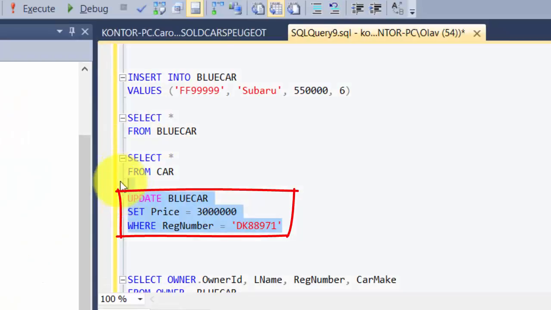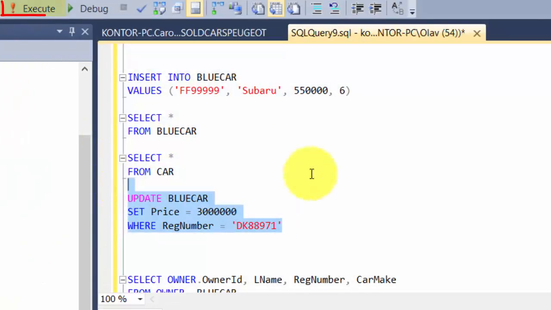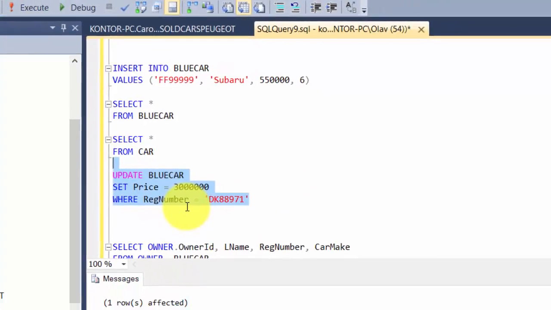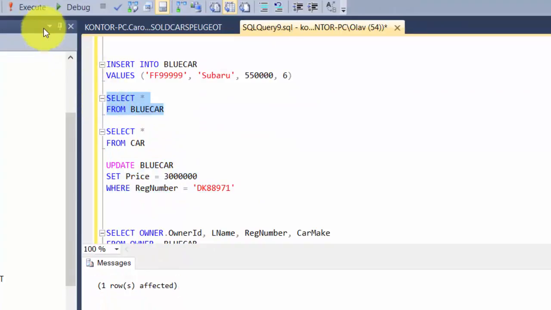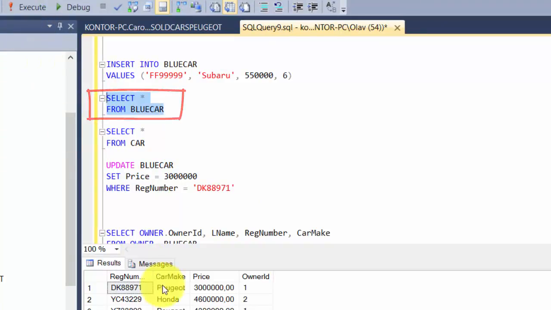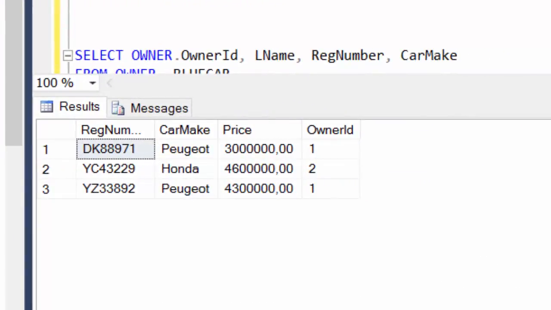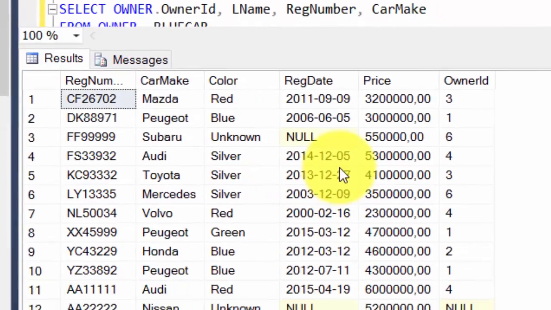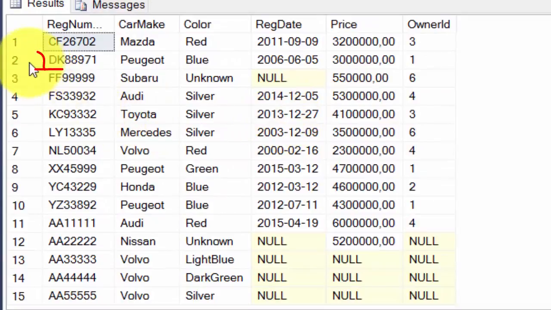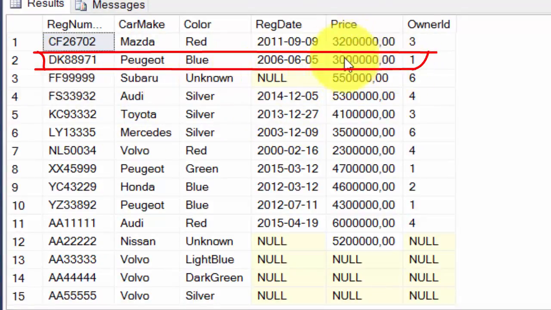So I run this query, execute, 1 row is affected, and now I will list the blue car view again. And now I see that this has changed. And if I also list the car table, then it should also have changed here. And I see that in row 2 it has changed to 3 millions here also,